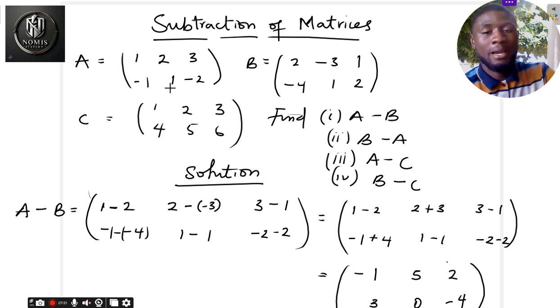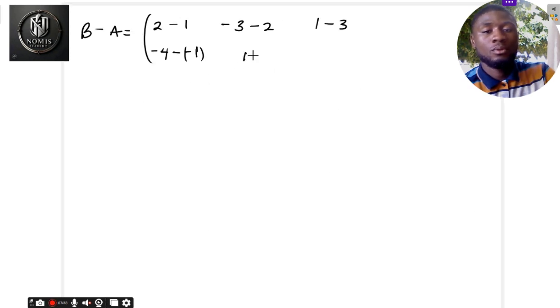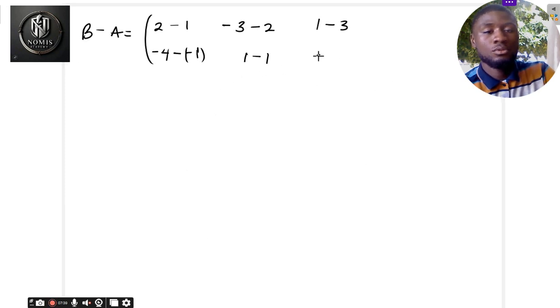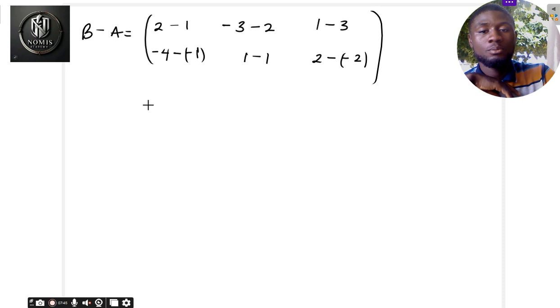So let's get to the other one. 1 minus 1 now. Then 2, that's from matrix B. Minus 2. So this is 2 minus 2. So this becomes 2